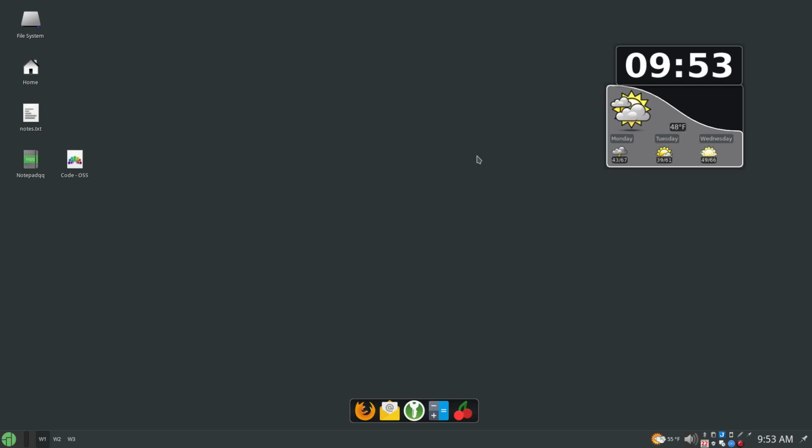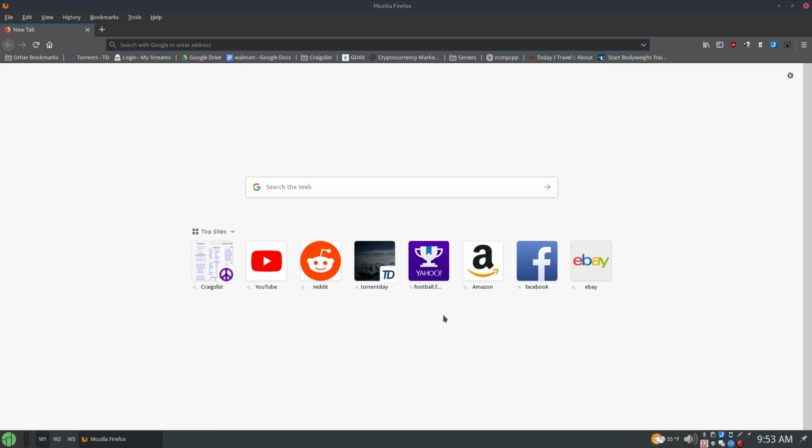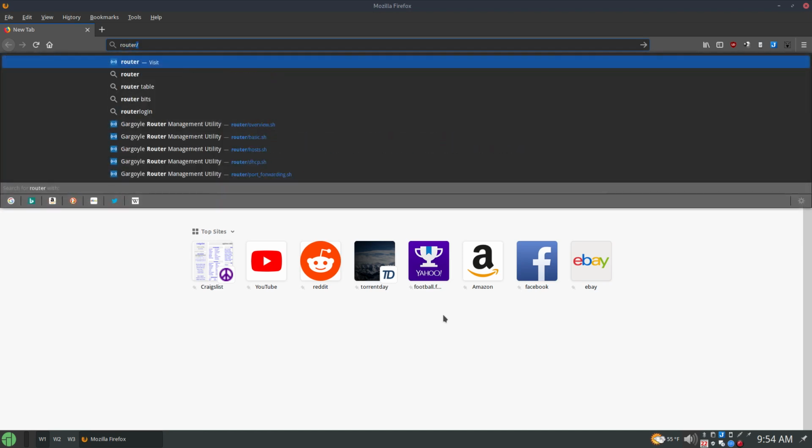Today we will be going over Gargoyle firmware, which is a firmware for routers to use to open up more features that maybe your stock firmware on your router doesn't have. Although firmware for routers has been getting much better lately, so you might not have a need to upgrade to an alternative firmware, but if you do, I'm going to walk you through Gargoyle, which is the firmware that I